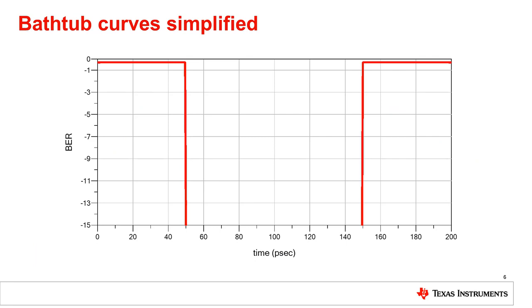A bathtub curve is a simple yet elegant tool in visualizing how large amounts of data running continuously through a transmission media can affect your system performance. The bathtub is a graphical way to look at the eye diagram statistics in terms of BER versus time across the eye at the zero crossing of an eye diagram.